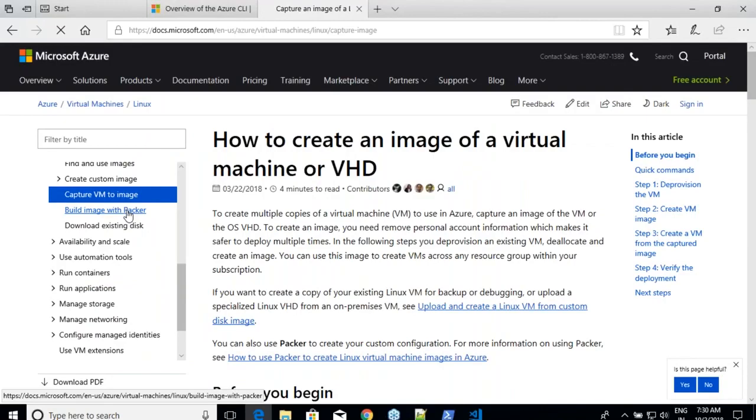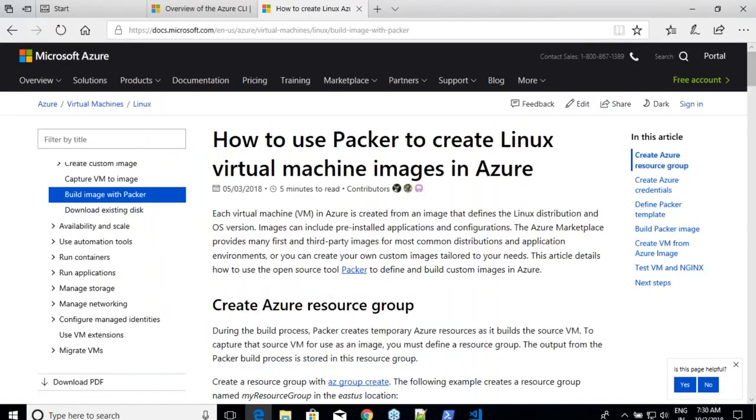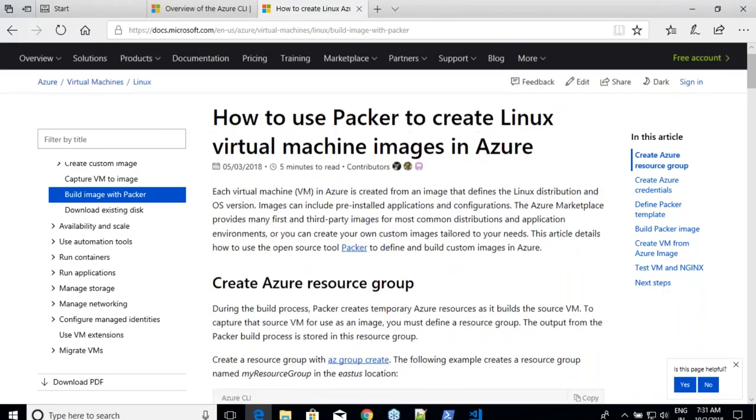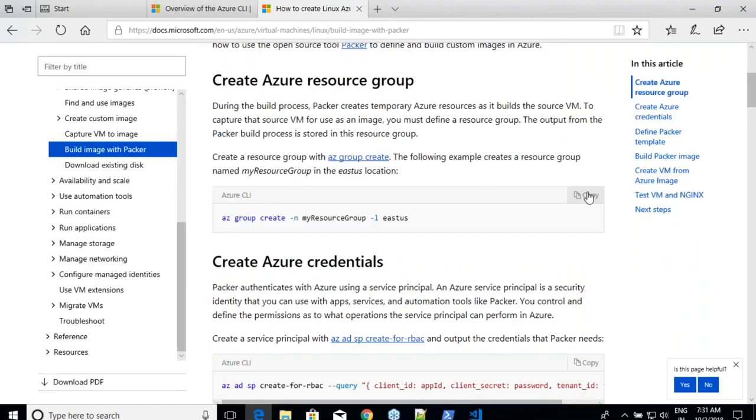Now the first step which Azure is trying to tell you is if you want to do anything in Azure, you need to have a resource group. Yesterday we looked into it. So the first thing is just create a resource group and give a name to it. You can log in to the portal, go into resource groups and then say add a resource group, or you can use the CLI itself. I'll go with CLI because it is much easier. I'll copy this and paste it over here.